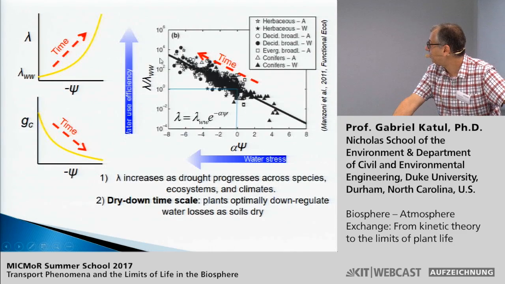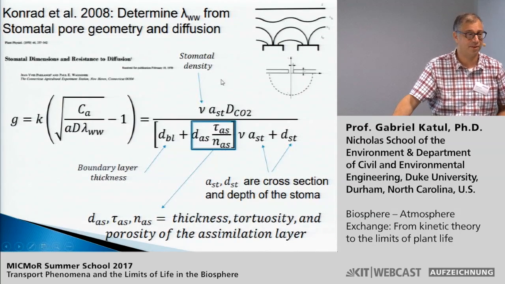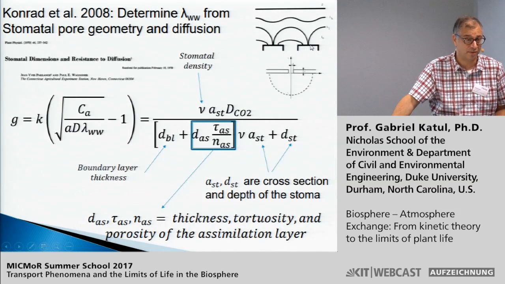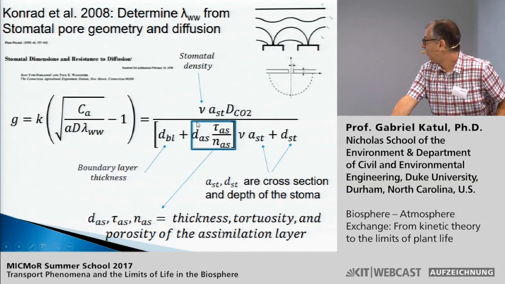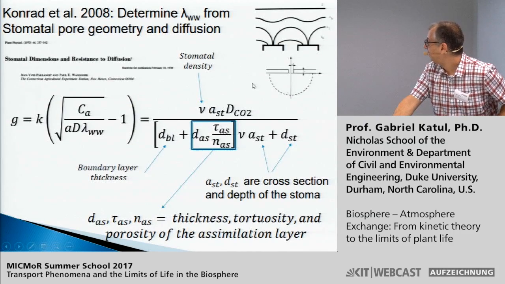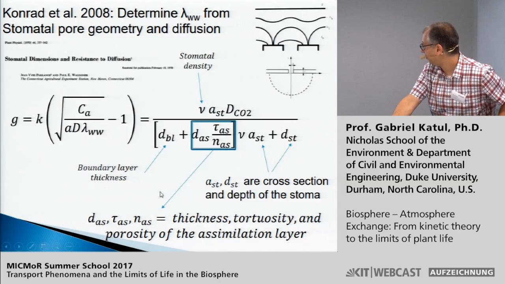So now the problem is, how do we determine the marginal water use efficiency for well-watered condition? Well, Wilfred Conrad solved this problem for me, so we don't have to worry too much about it. Basically, you could derive it based on the geometry of the pores, by equating the two formulations. One, how much you get in terms of maximum gas diffusion out, and you equate that to stomatal optimization theory, and so basically the two can be compared. And of course, this was the idea of Wilfred, but he used the solution of Jean-Yves Parlange and Paul Wagner, who first derived this result.